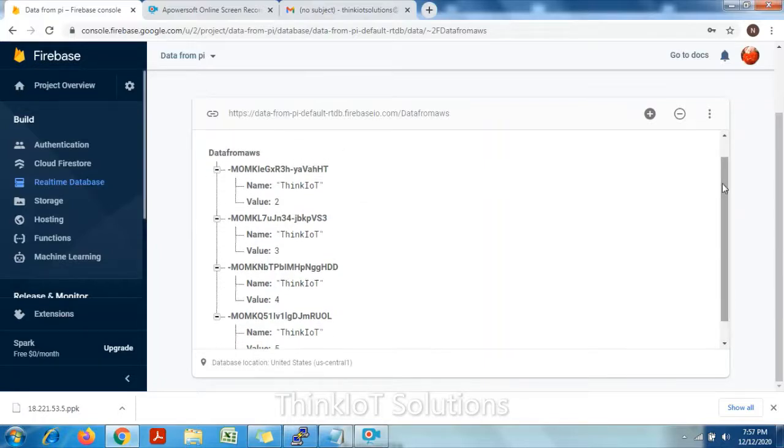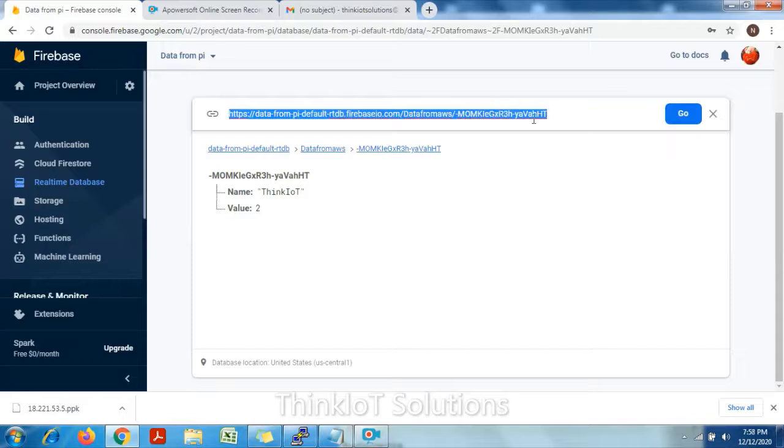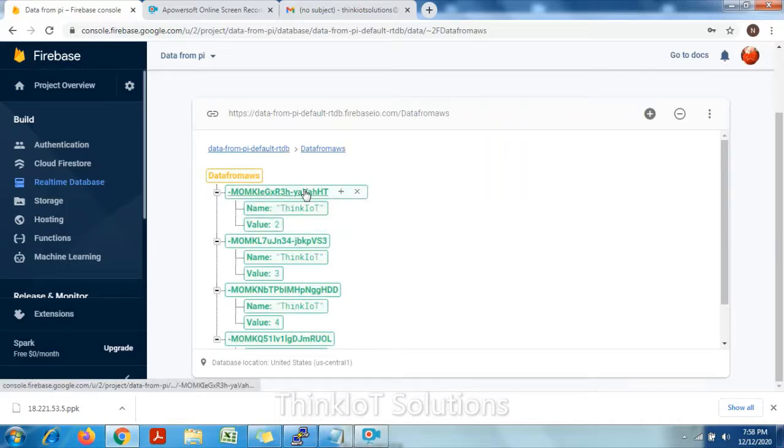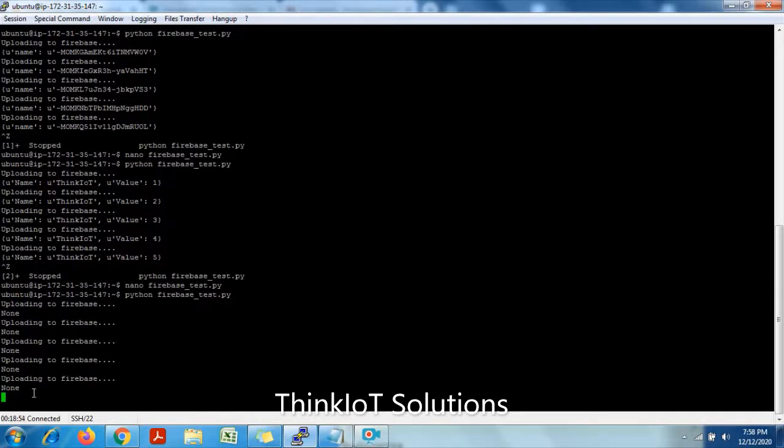Now let us say I want to delete another instance, for suppose. I will just copy it from here till here, the child instance. I will get back here. So this is the instance I want to delete. I will go to my program. You can see it is responding as none. That means it has already been deleted, so there is no data to be retrieved back. The result is 0.